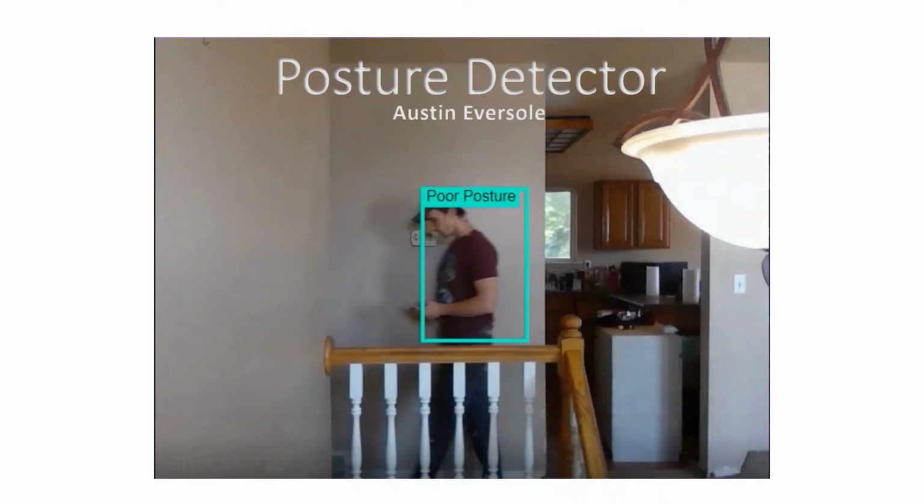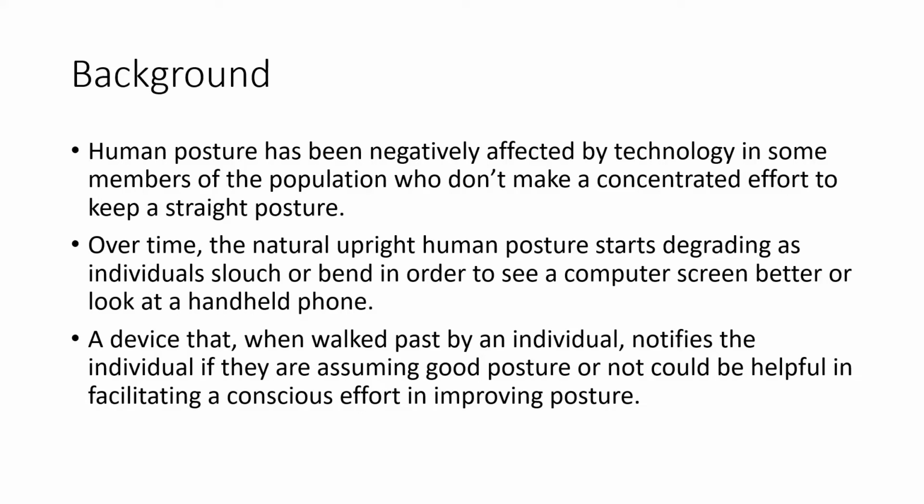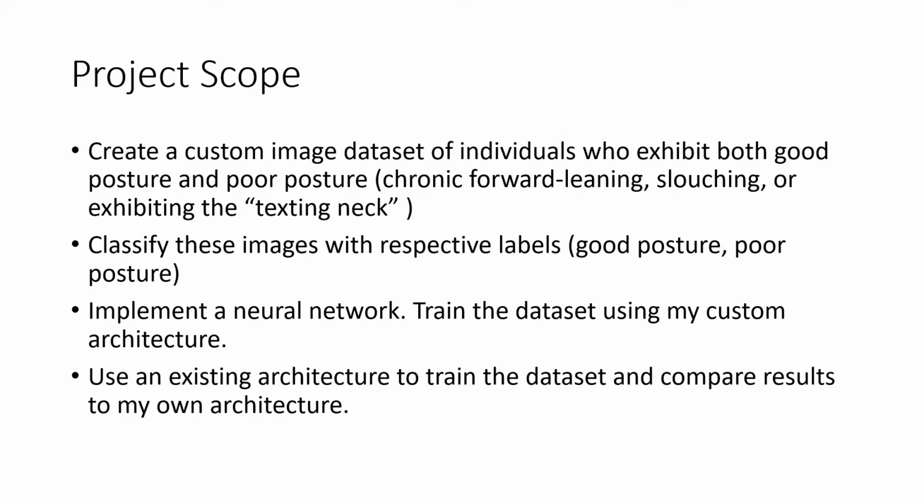So posture has been negatively affected for the last 20 years especially. You got texting neck when you look down at a phone, you got chronic conditions when you bend over to see a computer screen over time, and my idea is to make a data set where you have good posture and bad posture and train that on a neural network architecture that I create and then compare the results to